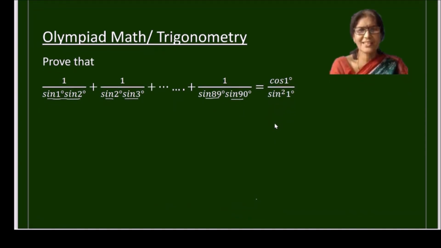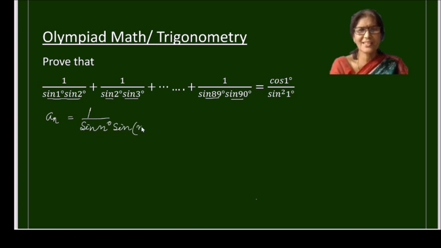So you will observe each term, this sine 1, sine 2, the difference is 1. Here sine 2, sine 3, the difference is again 1. Here also 1. So let me write a general expression, the nth term will be 1 over sine n degree